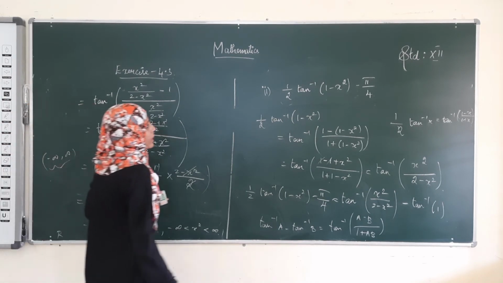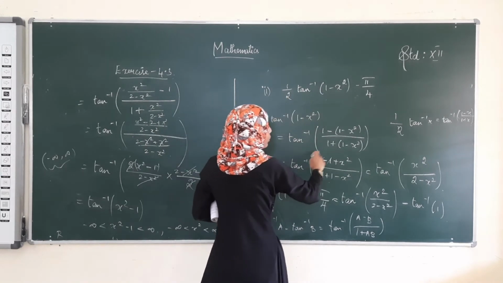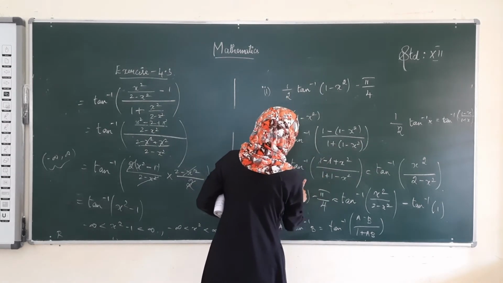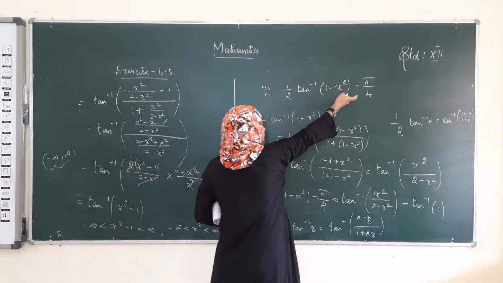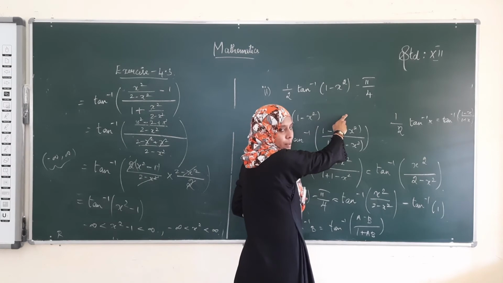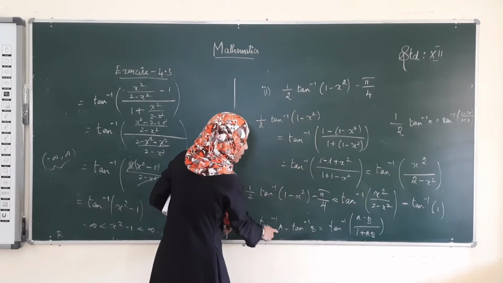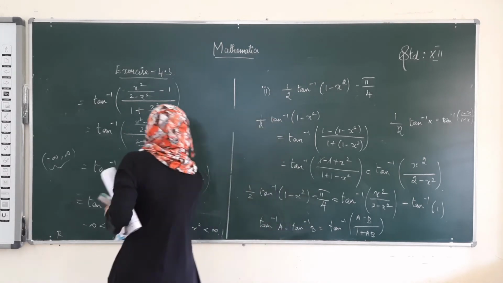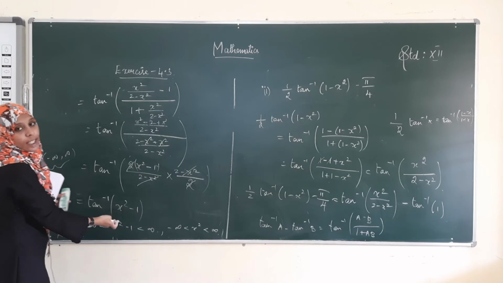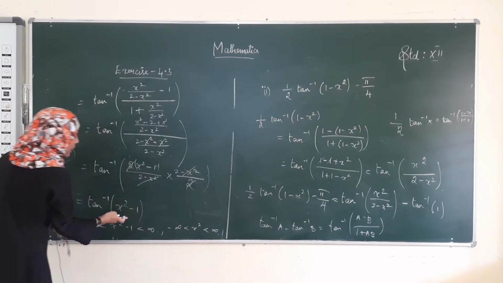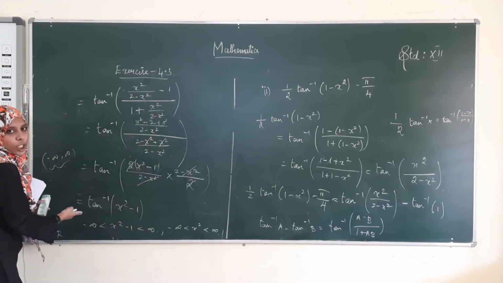Okay, what we have done for the first step alone, we have used this formula, then we substituted, then we solved, and we got this answer. Then for minus pi by 4, what did we substitute? We substituted minus tan inverse of 1. Then we used the formula of tan inverse A minus tan inverse B. Then we solved and got the answer as tan inverse of x squared minus 1. Till now we have simplified. Then only we have to find the domain.